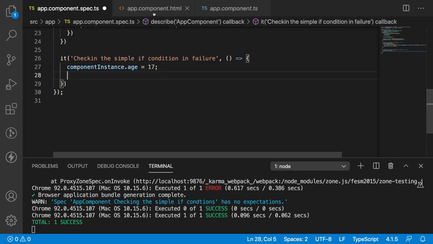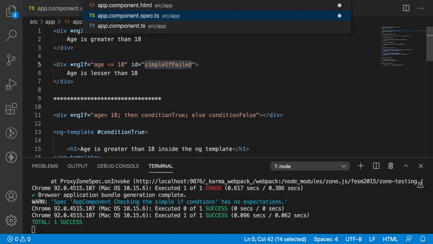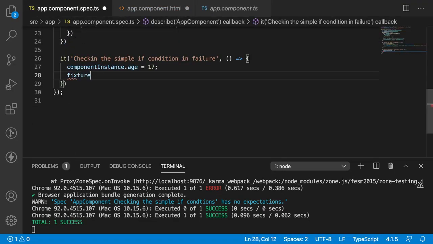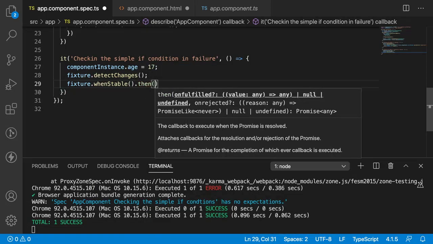That will be calling our second div. Let me give an ID equal to simple-if-failed-case, which is like less than 18. Now fixture.detectChanges. Once it is detected, it should be stable. whenStable().then, which is promise based, so you will get a callback.